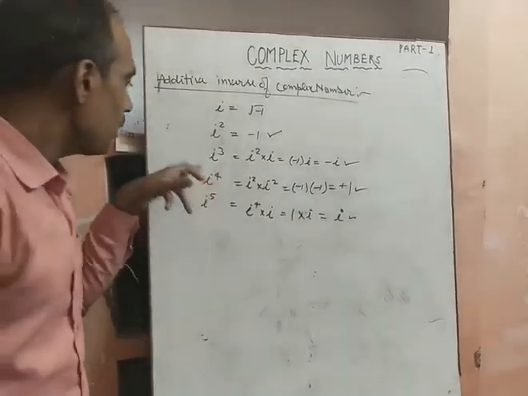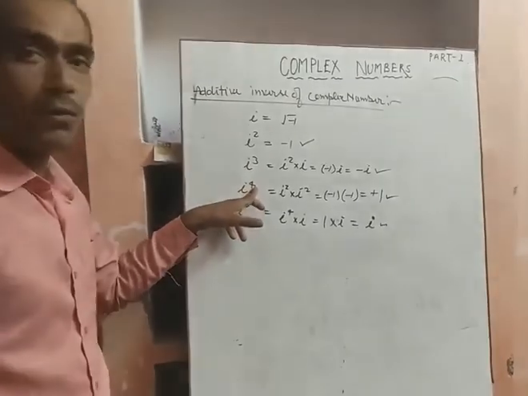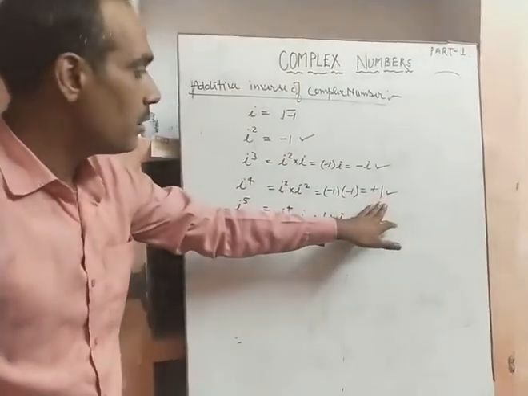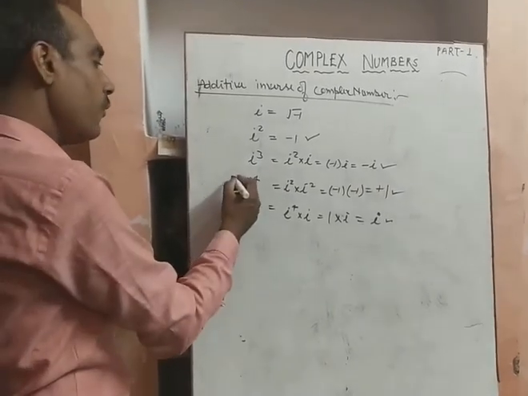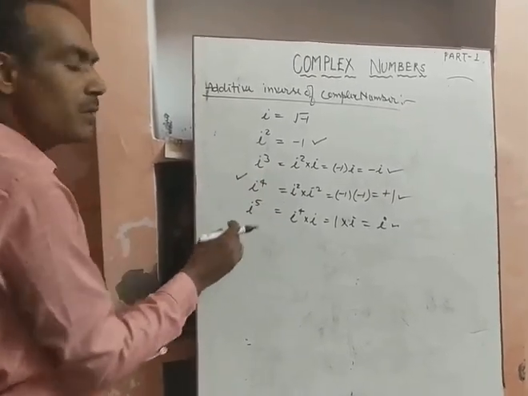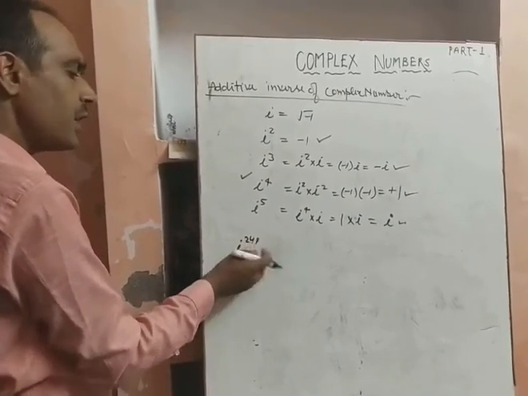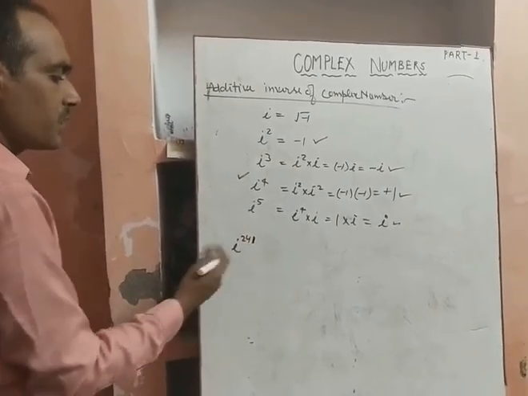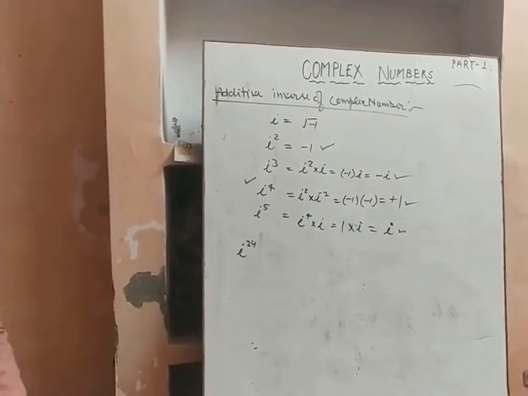Here, when the power of i is 4, its value will be positive, meaning plus 1. So when a large power is given, such as i raised to power 241, or take i raised to power 24,